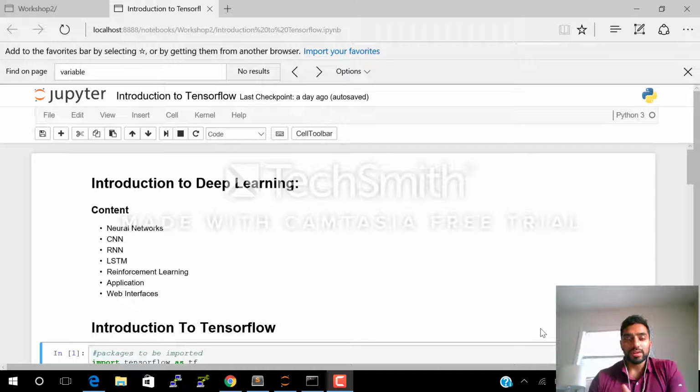So we would learn TensorFlow. Today's class would actually be a little bit of an introduction to TensorFlow and how it works, what the different functionalities are, and why it is even worth learning. It's amazing. Okay, once we have learned about neural networks, we would go into learning about convolutional neural networks,